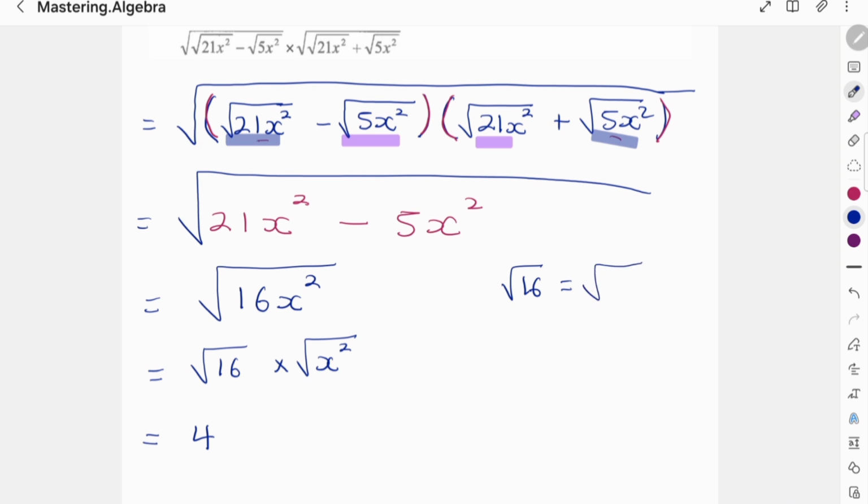this can be written as 4 squared, and you want to remove the square root, so that 4 to the power 2 over 2 is 4. You could have also done that, which is what I'm going to use for this part here. So I know that x squared, I want to remove the square root, so I'm going to divide by 2, and I'm going to be left with x. So my answer is 4x